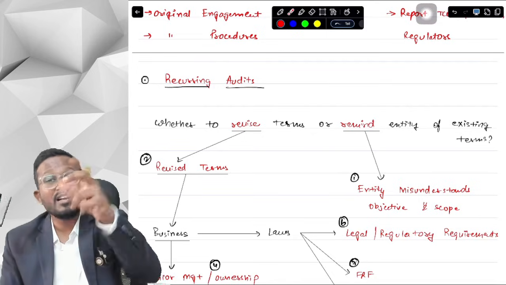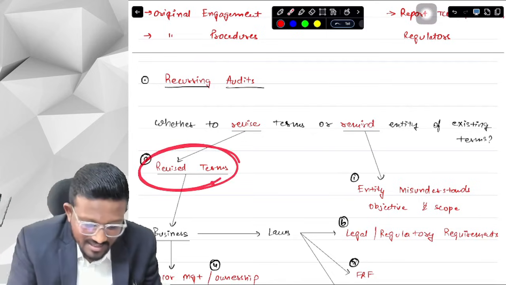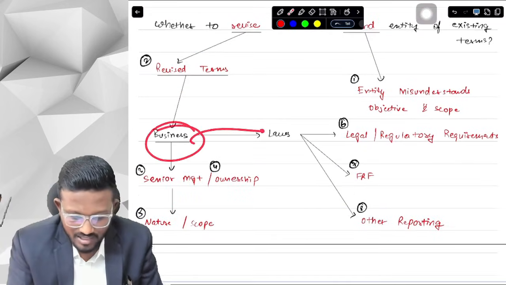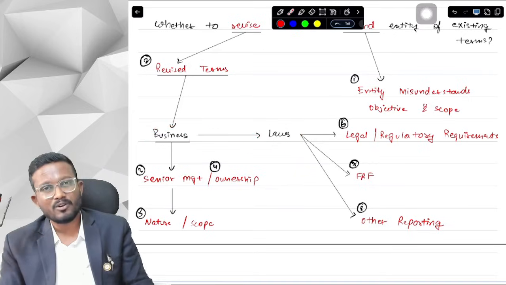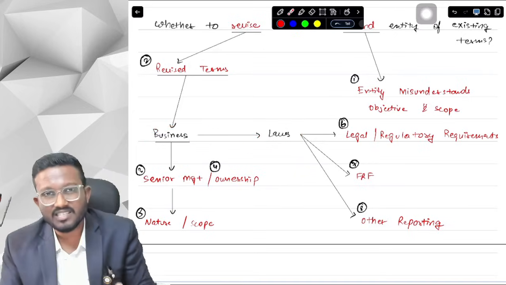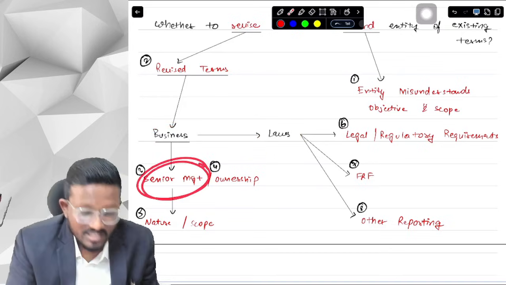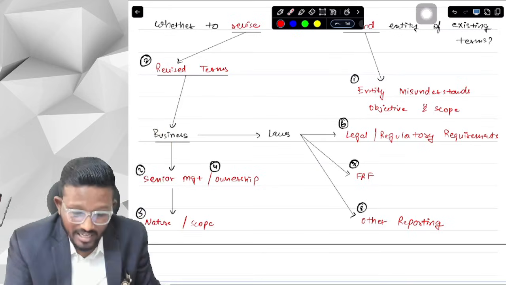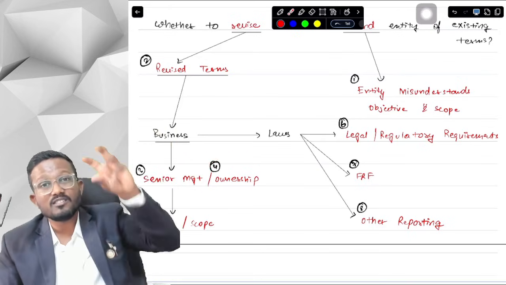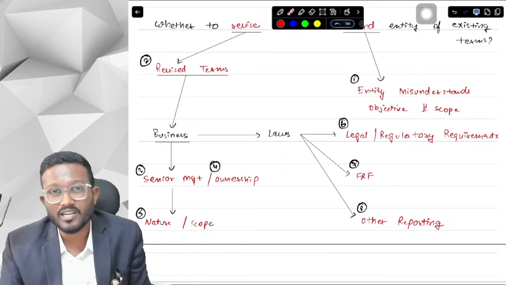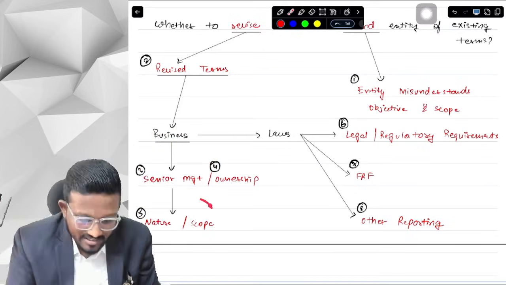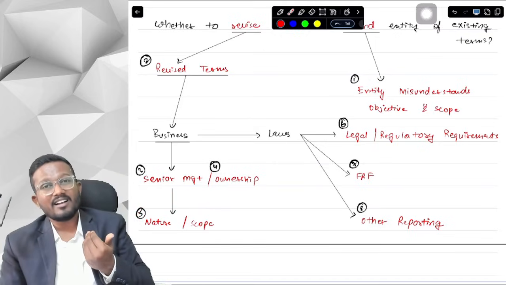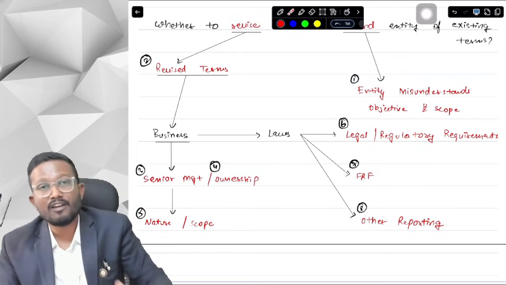When we will need to revise the terms, when there are revised terms. When we need to revise the terms, sir, is when there is a change in business or there's a change in the laws that are applicable to business. Business means what can be the changes in business? There can be a significant change in senior management, CEO, CFO has left and new CEO, CFO has come, or there can be a significant change in ownership. There is a new owner, someone who bought the company, so there is a significant change in ownership, or there is a significant change in nature or scope of the business. Currently we were dealing only in the agricultural produce and now we are dealing also in the FMCG industry.